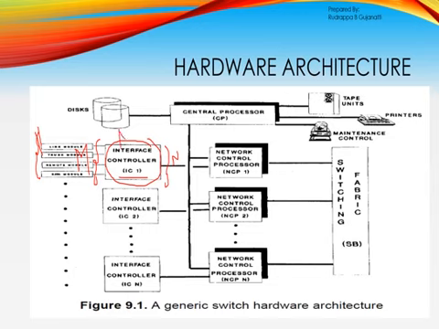So if I see, the number of inputs is greater than the number of outputs. So the input trunks and the input lines are greater than the number of outputs. This is nothing but a concentrator, which will have many inputs and fewer outputs. So that is what the interface acts as.